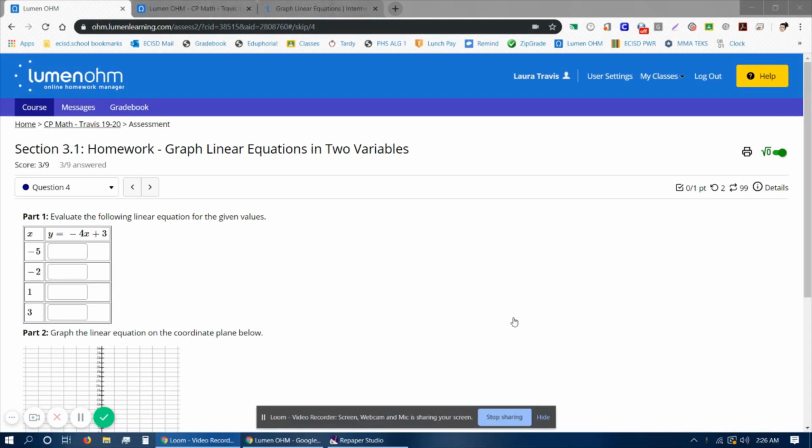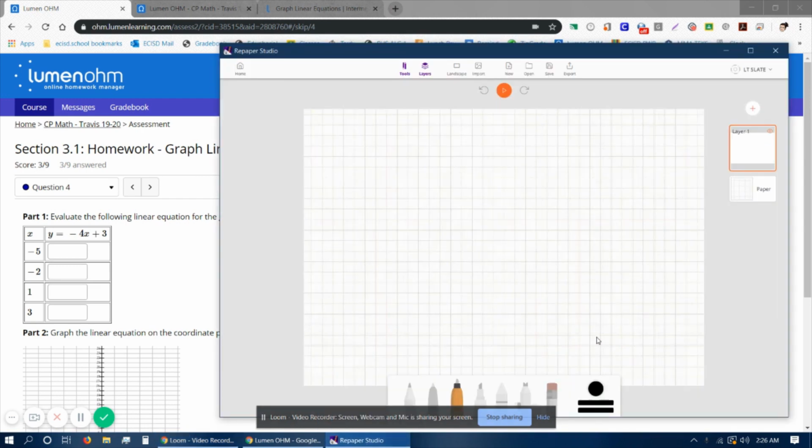In order to show you the work and how you plug these in by hand, I'm going to be using some tablet capture software and an art tablet to show you how I'm working these problems. So our first x value is -5. So we're going to plug that in for x, putting it in parentheses where x is. So that will give us y equals